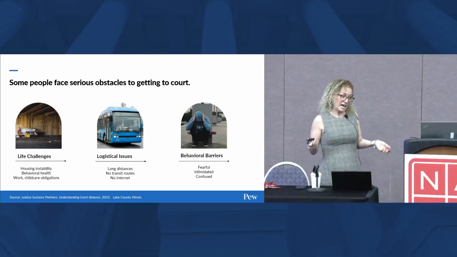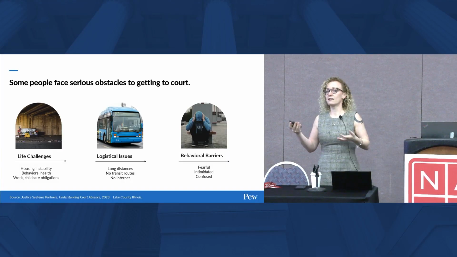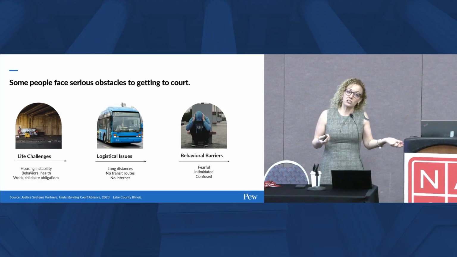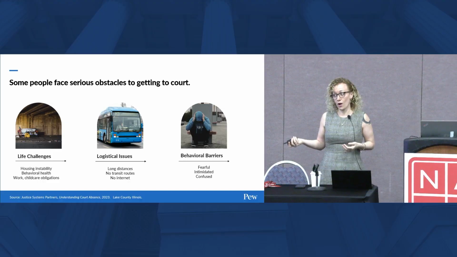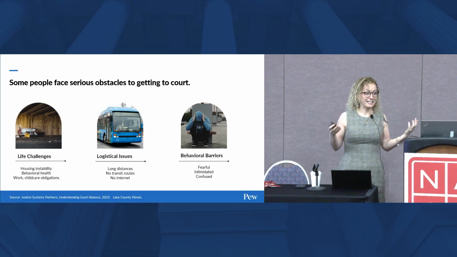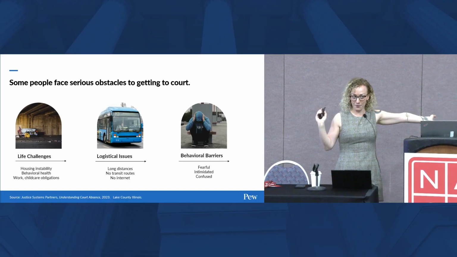So people are often very confused about how to meaningfully engage with their case. And sometimes that involves how to show up for their appearance, where they're supposed to go, when they're supposed to go, when their presence is required. I think we all know that court forms and information is often written by and for lawyers, or at the very least, folks who are very regularly using terms that don't necessarily show up in everybody's everyday vocabulary, like show cause or capias. Any other suggestions from the audience, some terms that come up frequently?